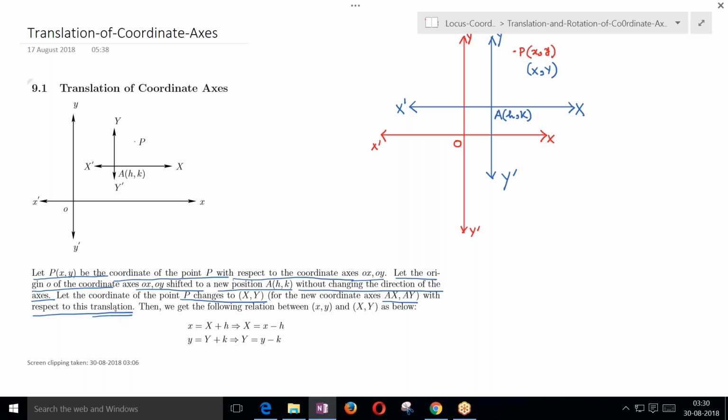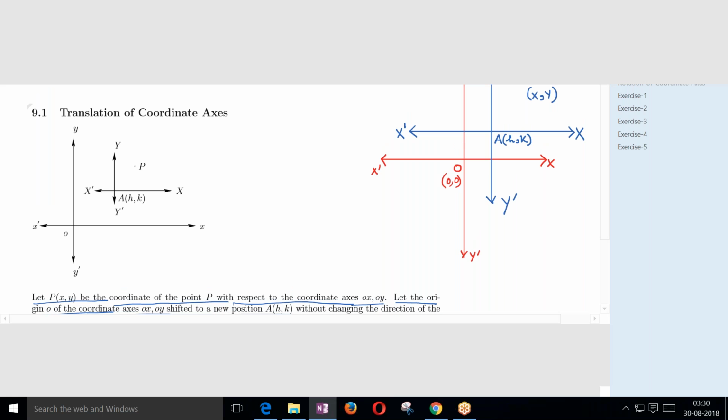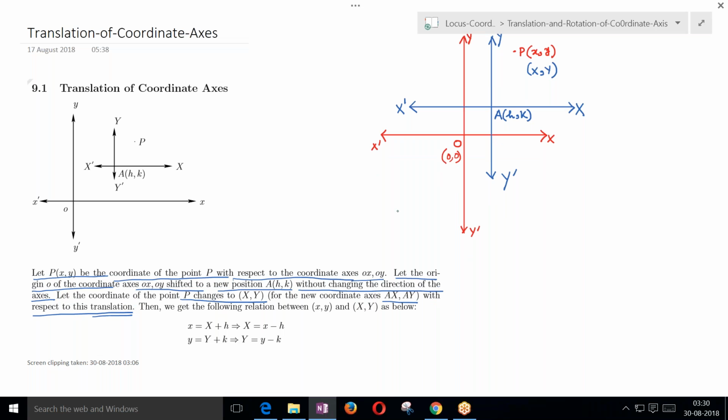Correct? So if you look into this diagram very carefully, you will see that this origin O has coordinate (0, 0). That means what we can view from here is, if I use a different color pen, I can explain it to you. So the moment I say that it is (0, 0) and P(x, y), now if I draw a perpendicular line,